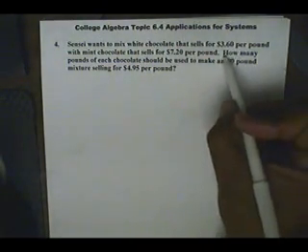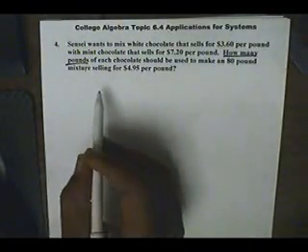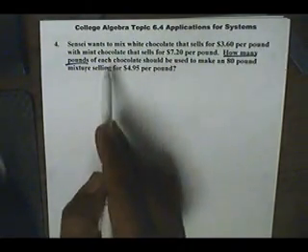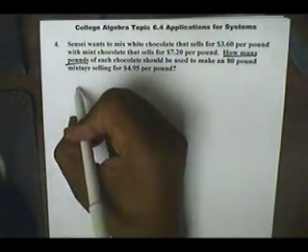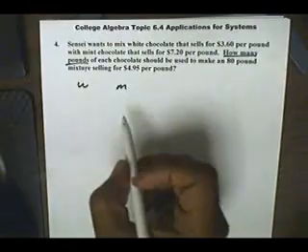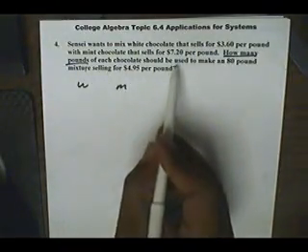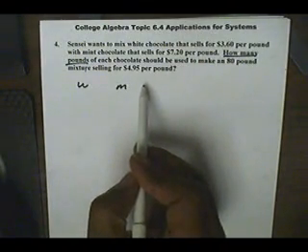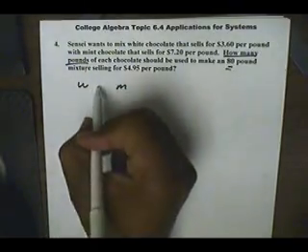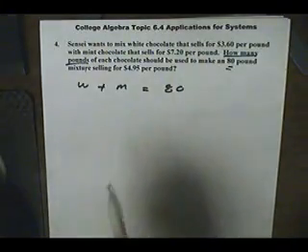Well, we're trying to find how many pounds, so that means our variables will stand for pounds: pounds of the white chocolate and pounds of the mint chocolate. So we'll use W for the white chocolate, and M for the mint chocolate. Now, since W and M are standing for pounds, we know that we have a total poundage of 80. So when we add these two pounds, they should be 80. Now, price-wise,